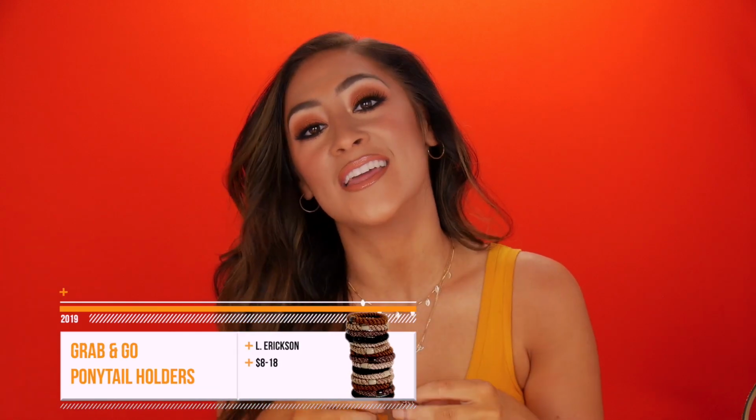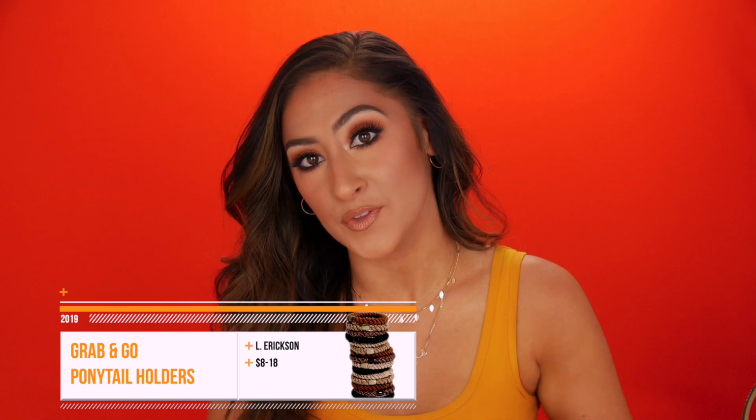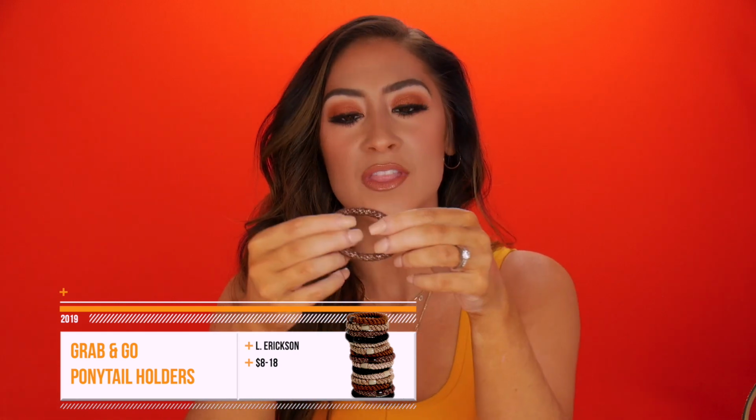Something I found while traveling this summer are these L. Erickson ponytail holders. So I was in a gift shop in Rosemary Beach, Florida, and look how pretty this one is. I mean, they were already sparkly and giving me all the bronze goddess vibes from a ponytail holder, but my sister-in-law told me that they were the best. You can kind of tell them apart from others because they have this little bead on them, but these are the L. Erickson ponytail holders, and I did some research for you guys